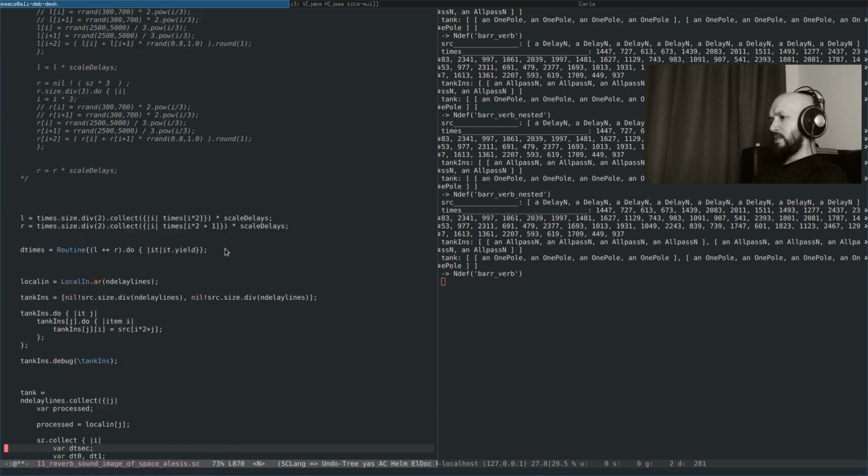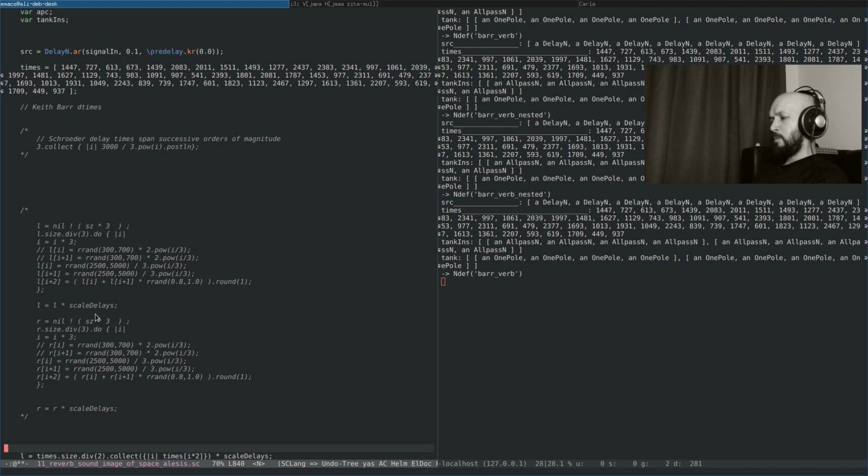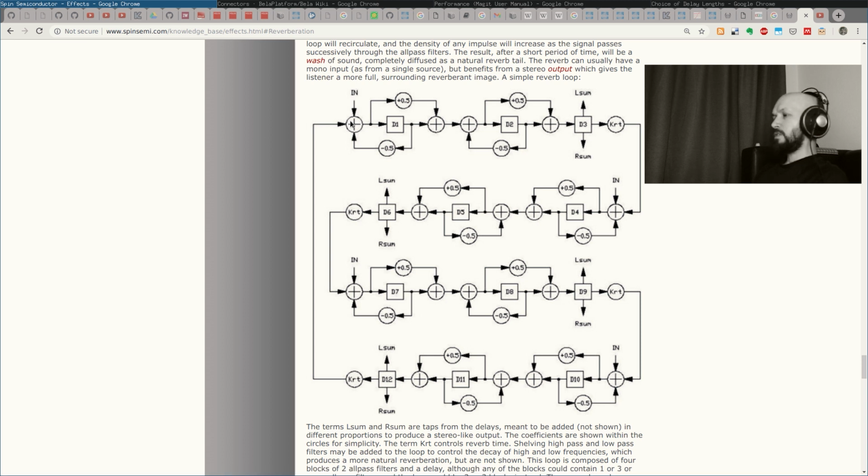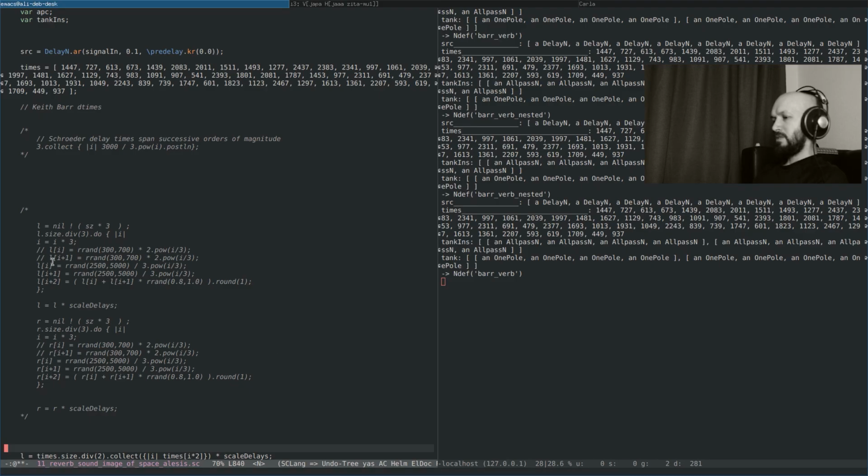So another thing I didn't mention is that Keith Barr also mentioned that he likes in particular when delays are organized as follows. There is one delay, then another delay, and then this delay is a little bit less than the sum of those two. So this algorithm plays with that idea,